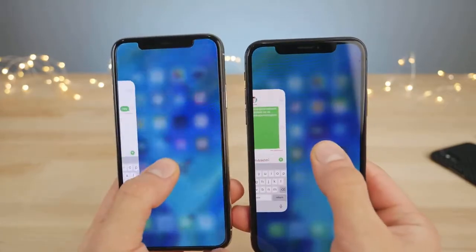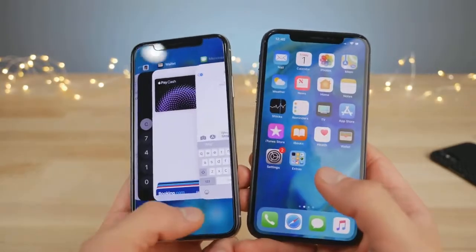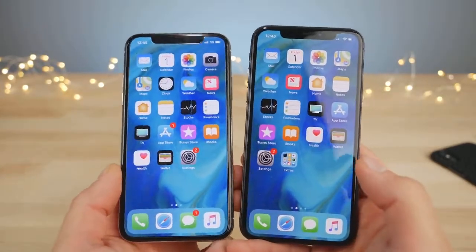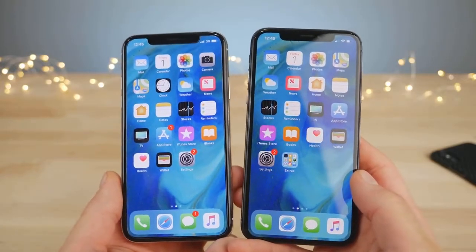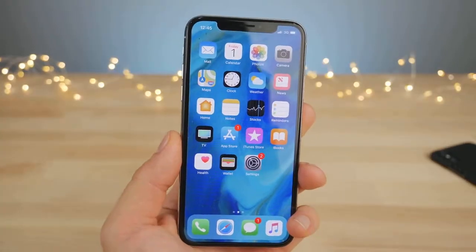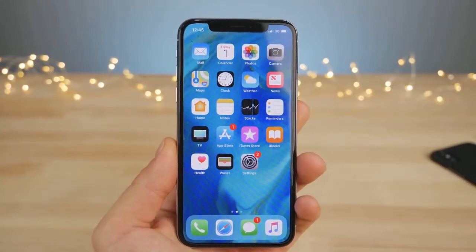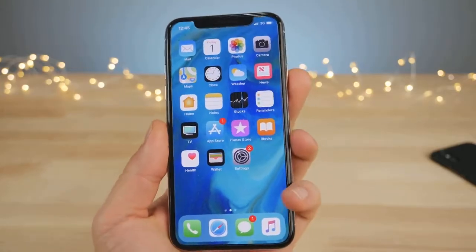I noticed that jumping into the app switcher on older phones with the home button actually works much faster, twice as fast on my iPhone 8 Plus series. So I'm liking that. If you guys were having performance problems on iOS 11.1.2 or earlier, definitely upgrade just for that alone. So those are the major features in 11.2. There's still a lot of smaller stuff that has significance that I want to cover as well, starting with the